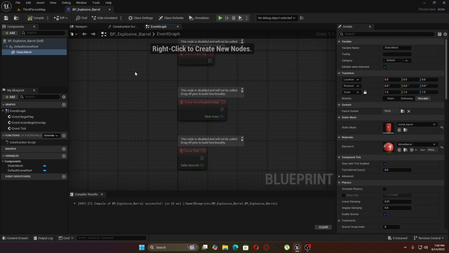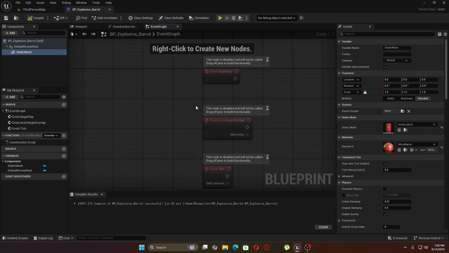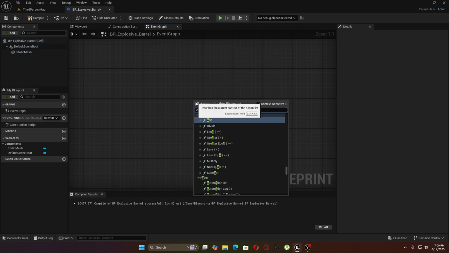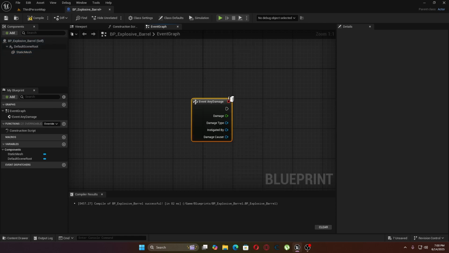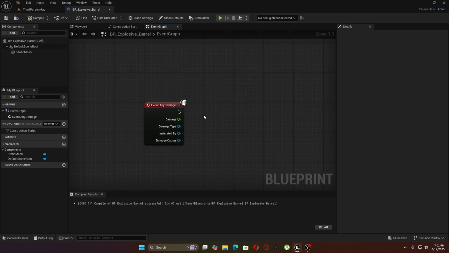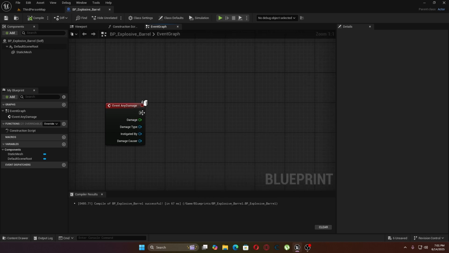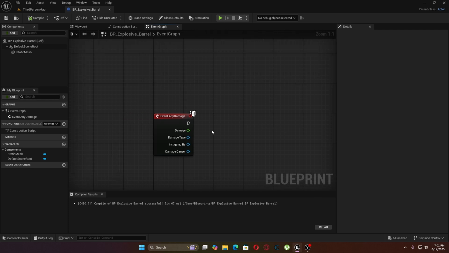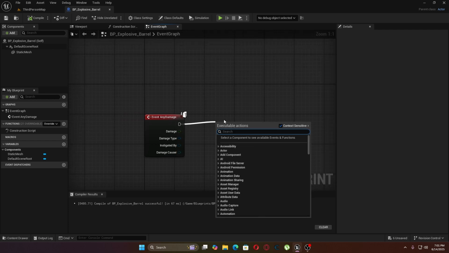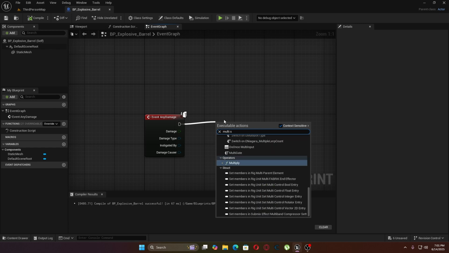Now I want this barrel to explode only when I shoot it, or pretty much only when it takes some damage. For that, it's very simple to do. We just want to do Event Any Damage. Since I don't want any restrictions on how much damage it has to take to explode, I'm not going to use this damage amount, which means whatever amount of damage it takes, you will just go ahead and do Multi Sphere